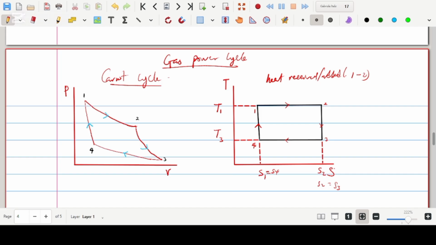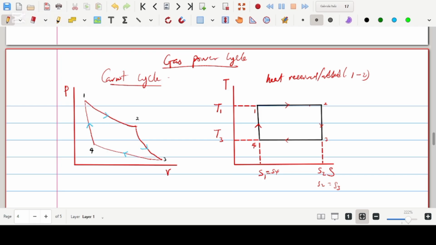So what is a Carnot cycle? A Carnot cycle is an ideal heat engine. Basically, it is a theoretical thermodynamic cycle which was proposed by Sadi Carnot. Sadi Carnot was a French engineer in 1824. The cycle works on reversible processes at constant temperature. It means that heat is added at constant temperature and heat is removed or rejected at constant temperature. If you consider the TS diagram, which is temperature against entropy, you can see that